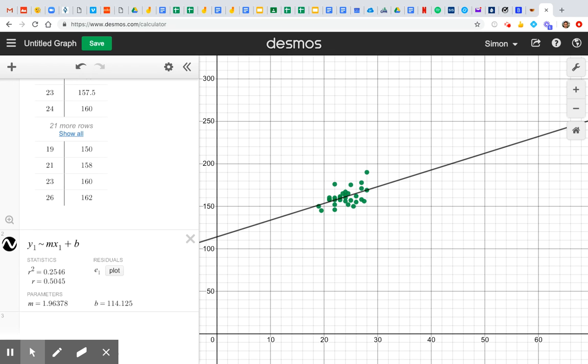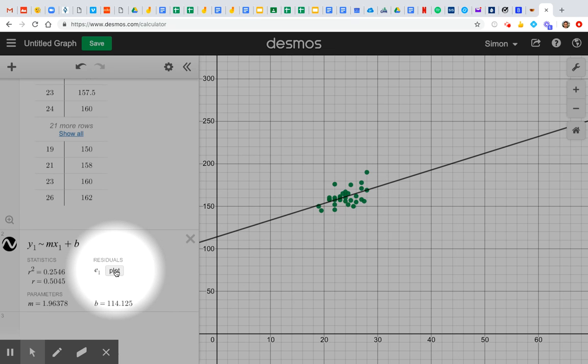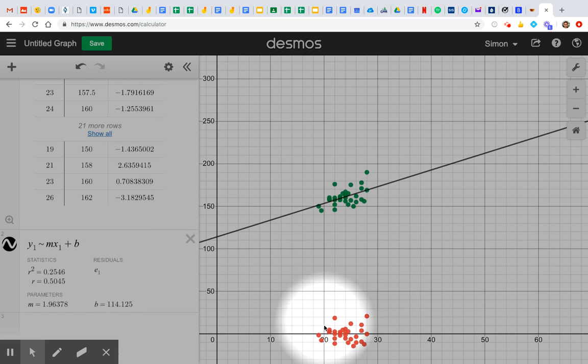And what we're looking for is the residual with the biggest value. One way you can do that, you don't have to, is you can go over here to click plot. And what that does is it shows you all the different residuals. Each red point corresponds to one of these points up here. Or you can just look and see which one seems to be furthest away, in either direction. So it looks to be this one, which is